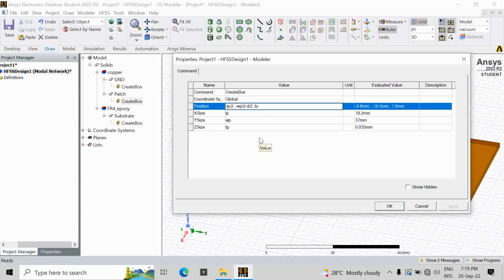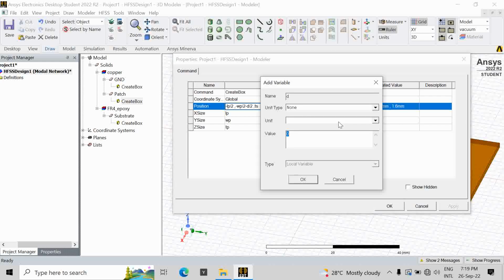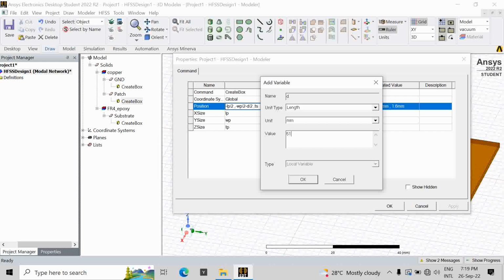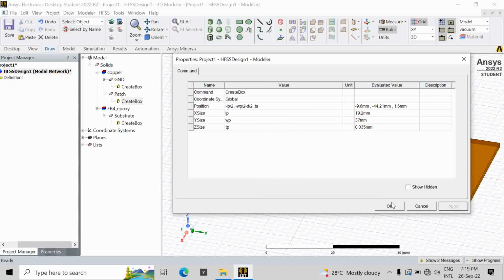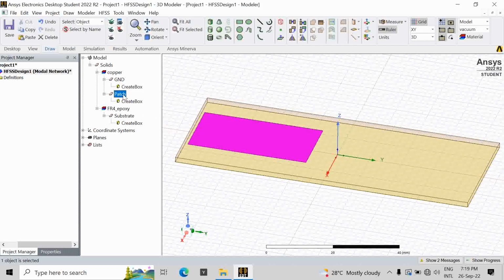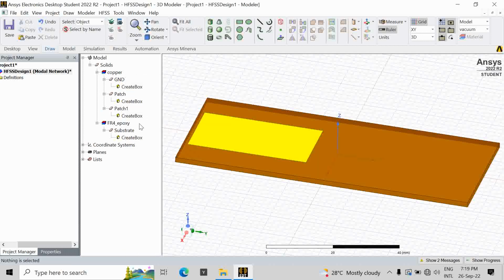Okay. Now it will ask for the value. I will give 51.42, which is around 0.6 lambda, I guess. Okay, we'll click on apply. Now as you can see, it has been displaced. Now one more I will copy with control plus C, control plus V. Now this also I will displace it to the